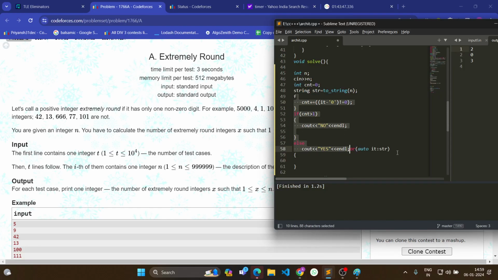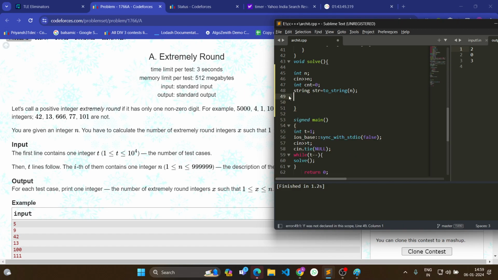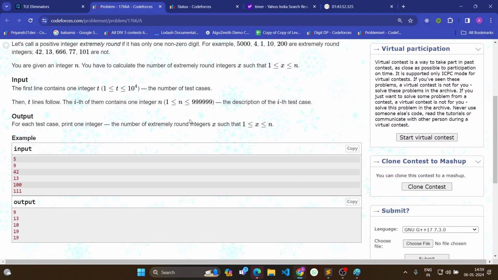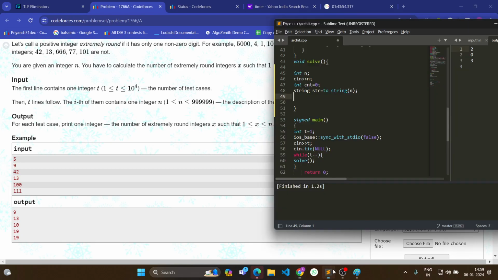Like okay, maybe I should read the problem first. I didn't think that. I thought that it was such an easy problem. So between 1 and x, I need to find the number of extremely round integers. Okay. Okay, now this becomes a bit tough. Not used to Sublime at all. So now,